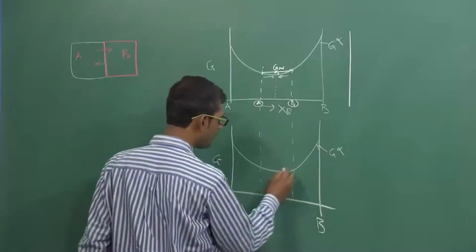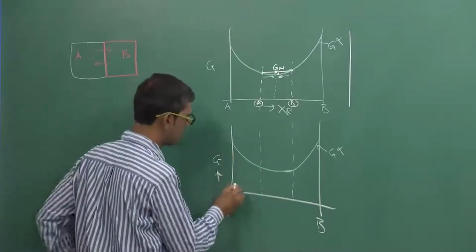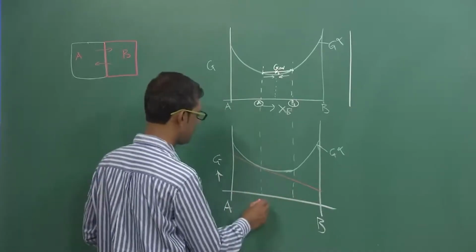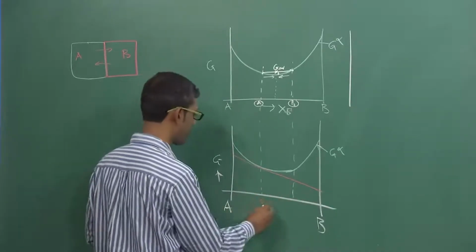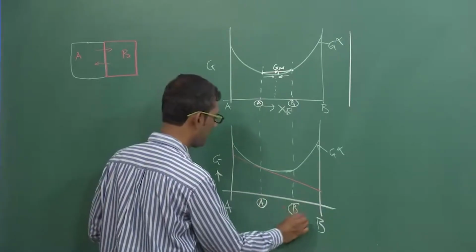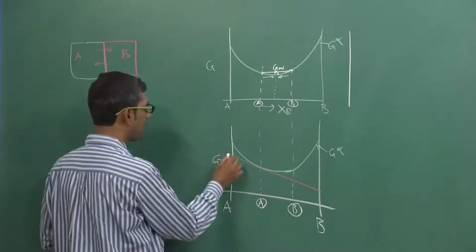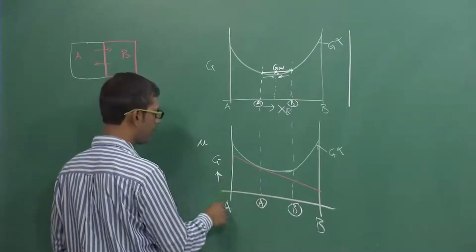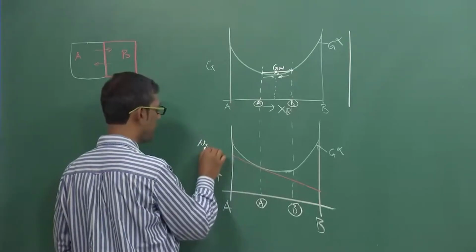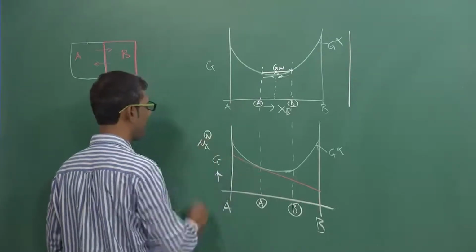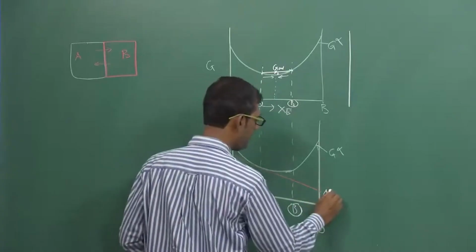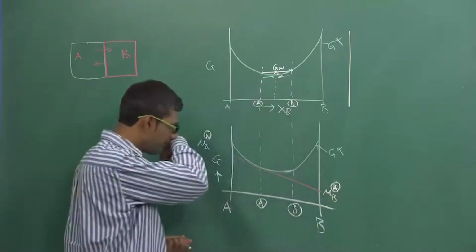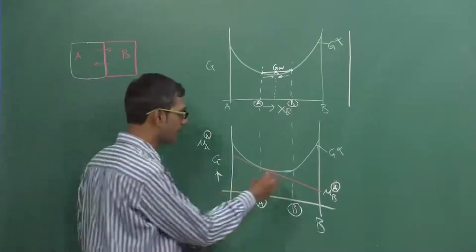So, if I draw the tangents here, let us draw with a different color. Okay, this was corresponding to alloy A, this corresponding to alloy B. So, therefore, this is the chemical potential of component A corresponding to alloy A, and the chemical potential of B corresponding to alloy A. Okay. Am I clear? Similarly, if I draw another tangent here,